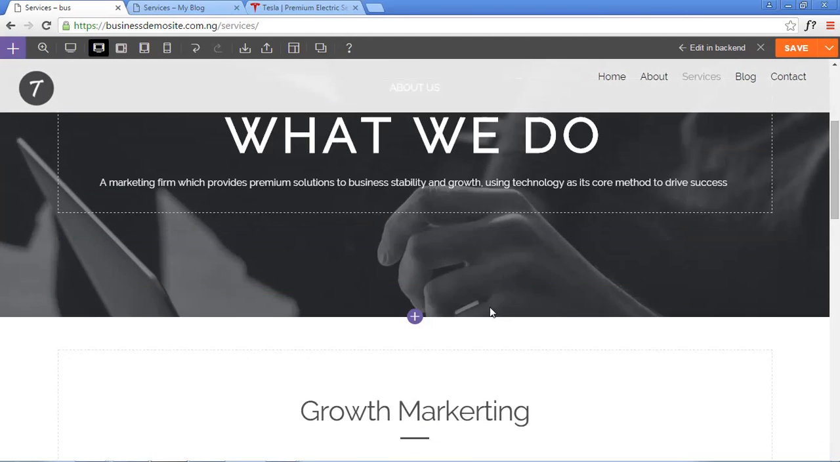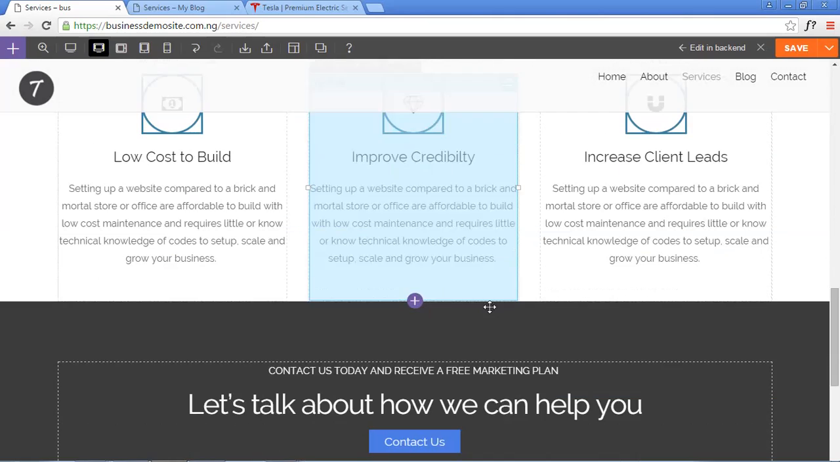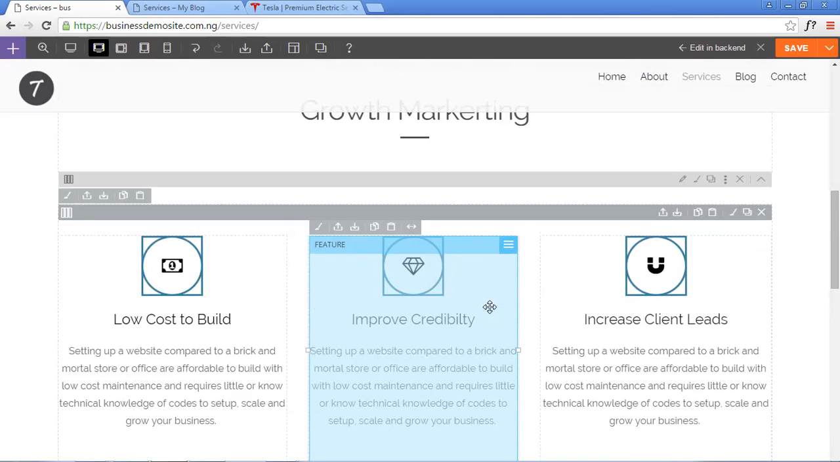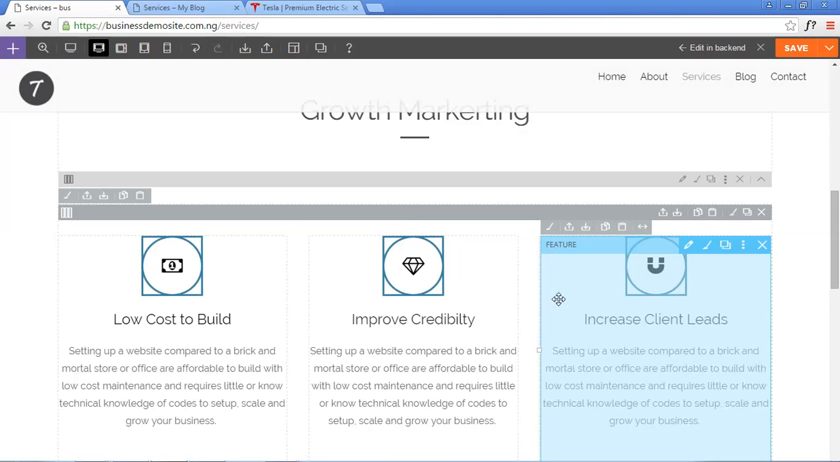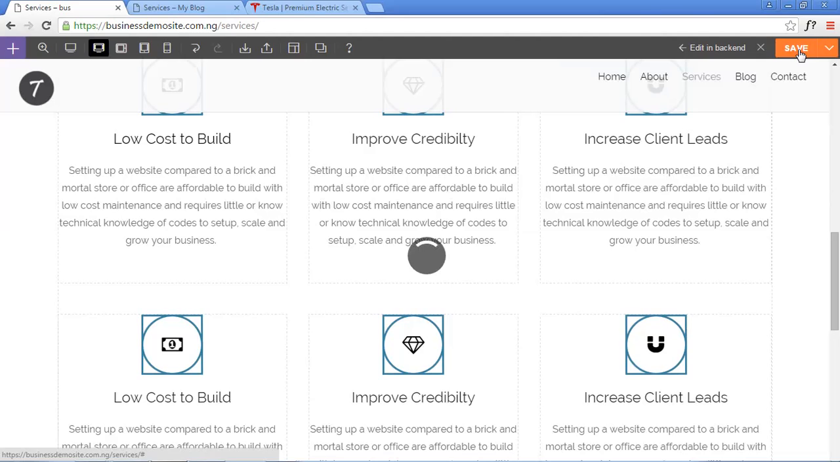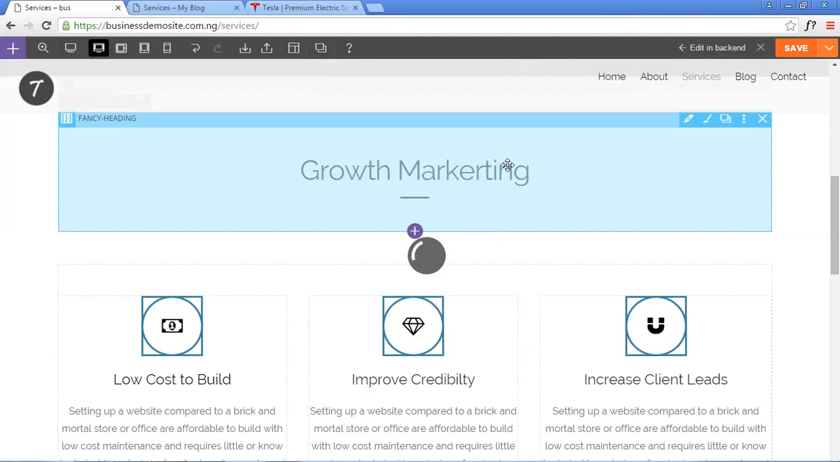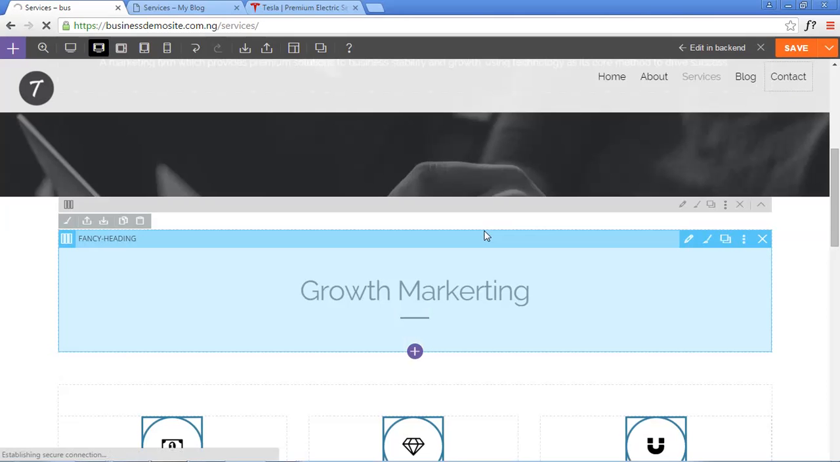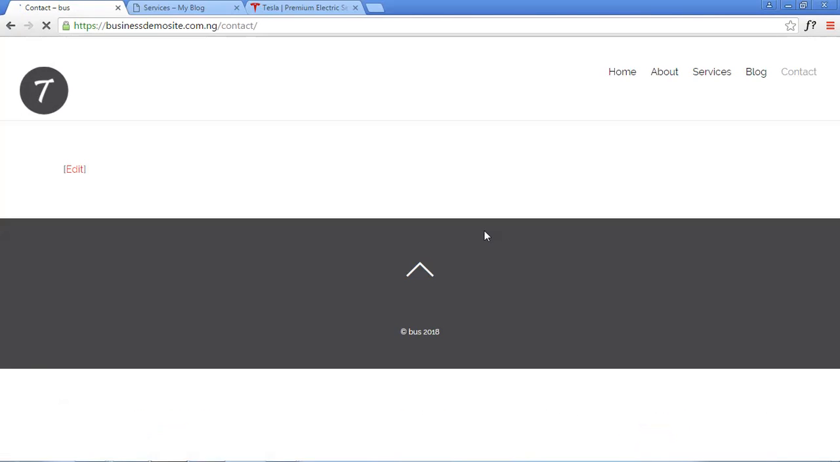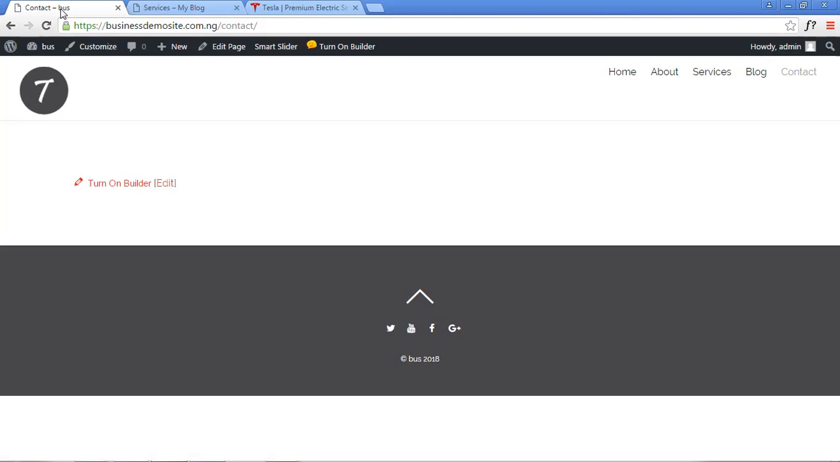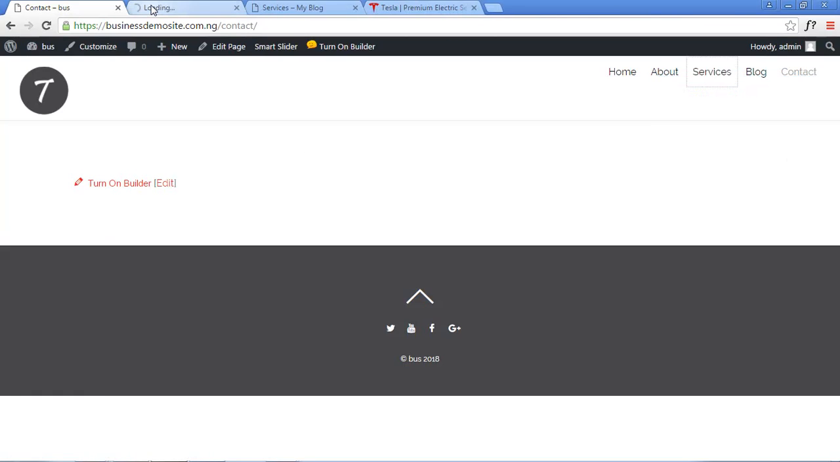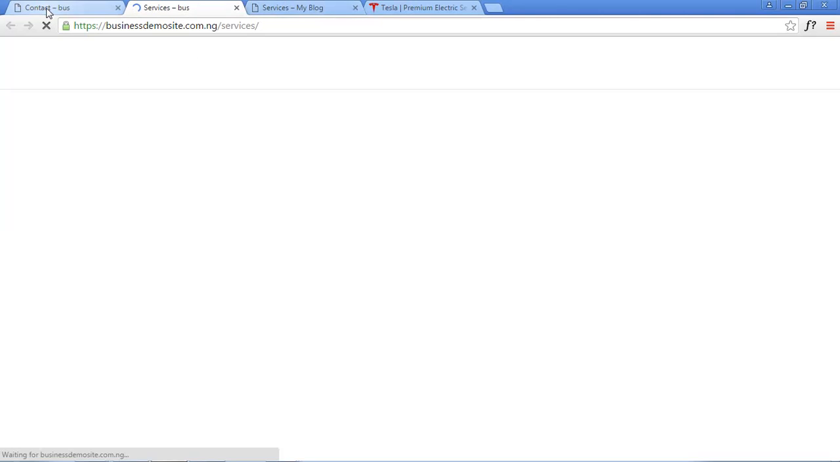Now before we go to create our blog page, what we'll be doing before that is our contact page. So we save. We're almost rounding, going towards the end. So contact page, and to do that, so I won't make the same mistake again, let me open a new tab, open link in a new tab, turn on the builder,